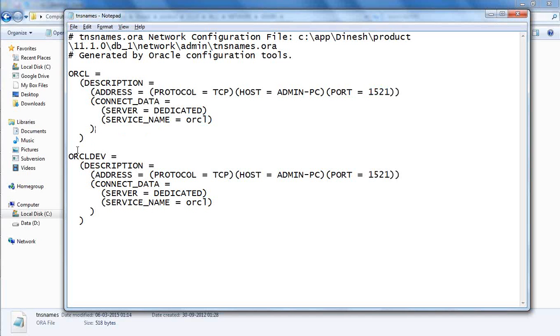Okay, so say there is one more ORCL dev. I can also give ORCL del. If I give ORCL del, then it will use these details. Probably it could be another server. Maybe it's not admin PC. It's a cloud.amazon.com. Suppose if I give something like this. Now, if I give ORCL dev, where it is connecting, it is actually connecting to the cloud.amazon.com, and within this